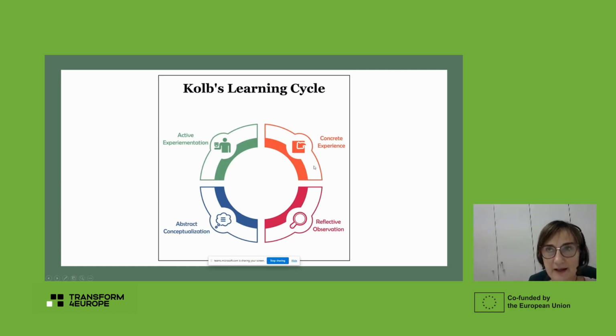Imagine now listening to a lecture on how to ride a bike, and then going and riding a bike, or rather just getting a bike and trying to ride it. So we get concrete experience, trying to balance, trying to steer, and so on, of course, also failing if it's the first time, many times.